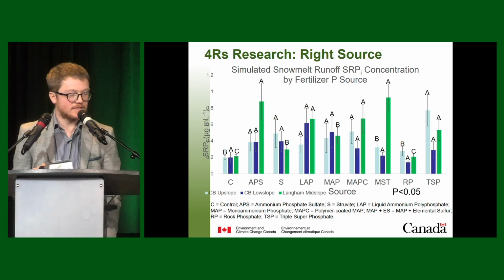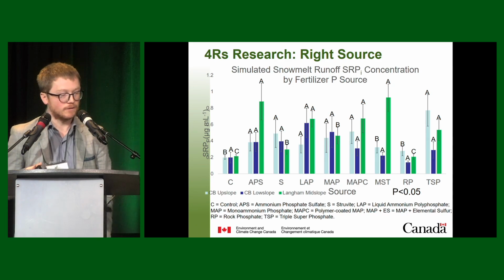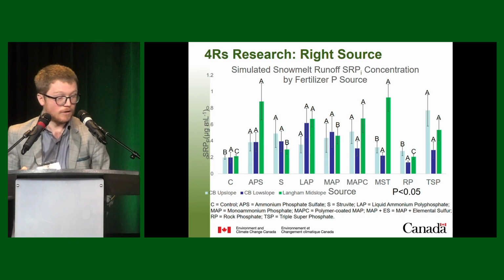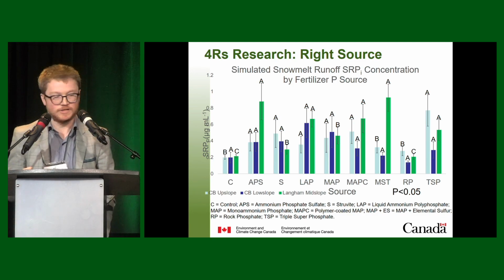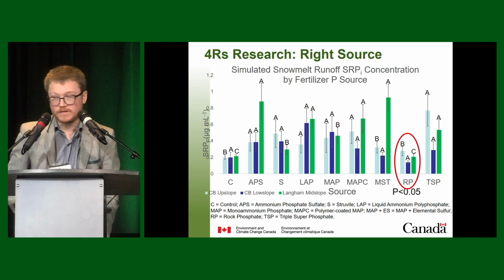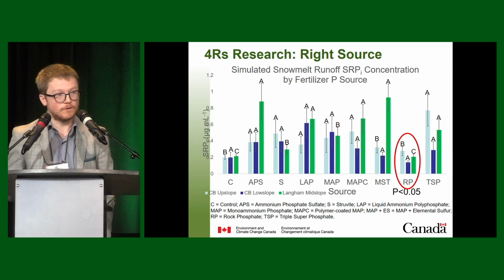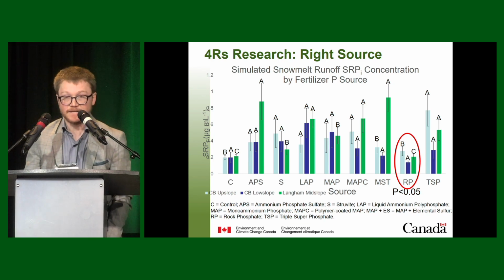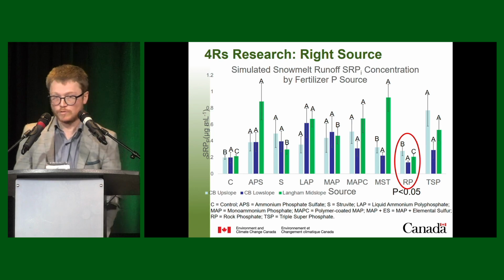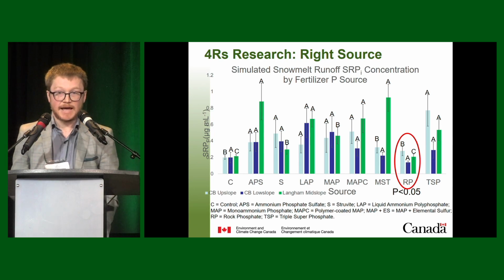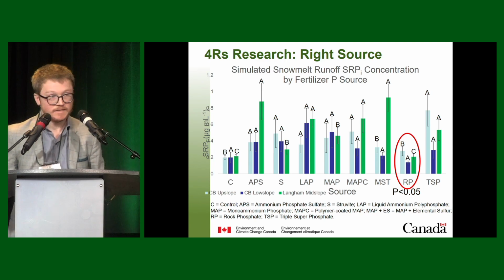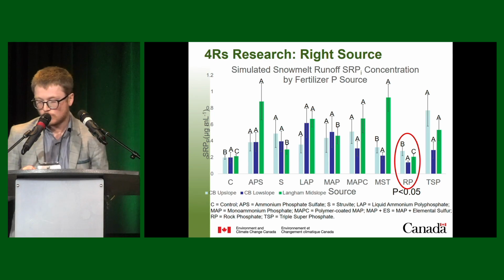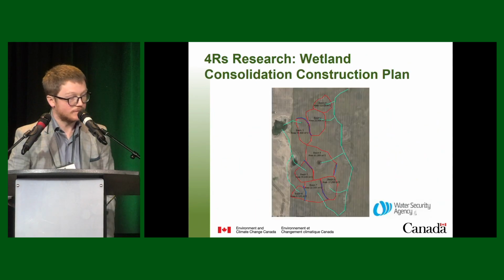And so we can see a statistically significant influence of fertilizer source, notably, of course, the increased concentration of phosphorus in the runoff water from application of fertilizer in general. However, one thing that we can draw our attention to is the example of rock phosphate as a relatively low soluble source, which had losses not significantly different from the control treatment. So perhaps looking at particularly high-risk zones in the landscape where we're deeming to have a high risk of losses in runoff water, consideration of a low solubility source may be of benefit.